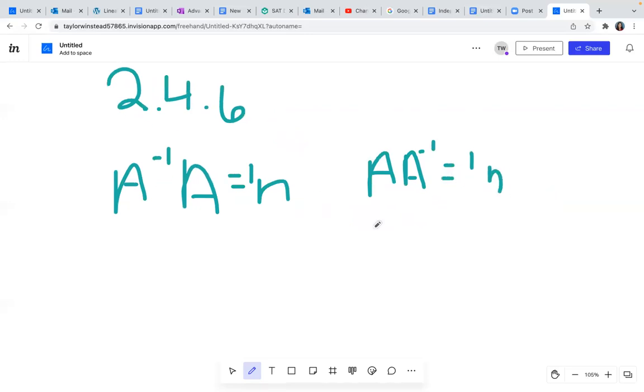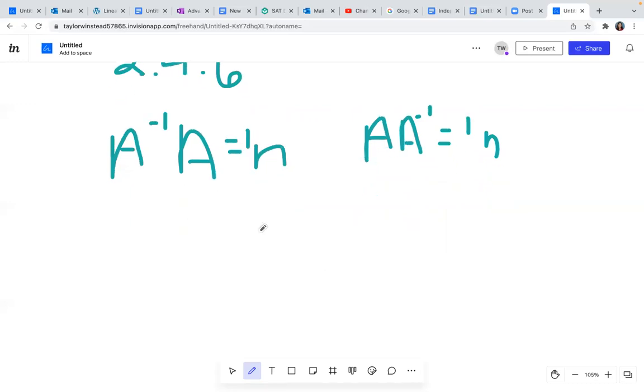And I mean, this should make sense to us, right? Because if we think about the form that we've just got here, we've got A, identity matrix,